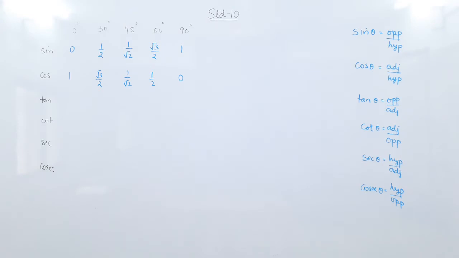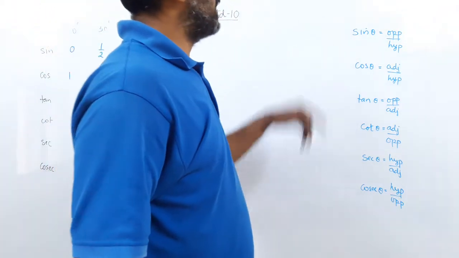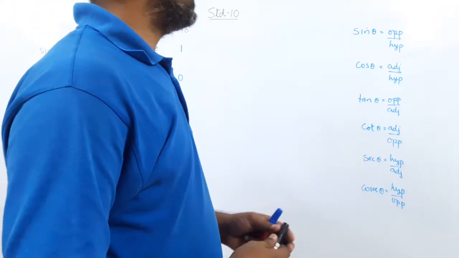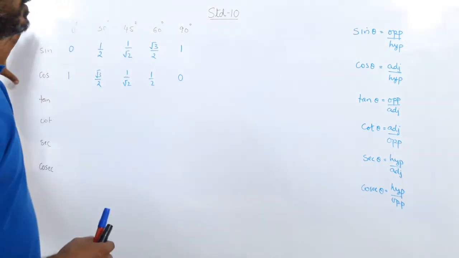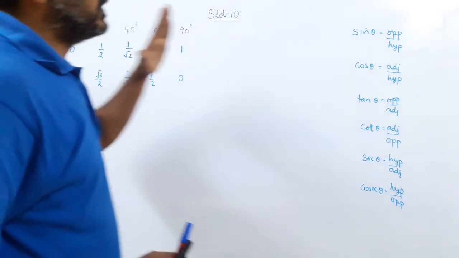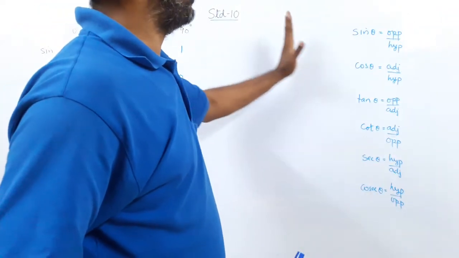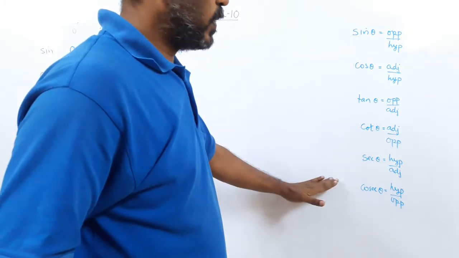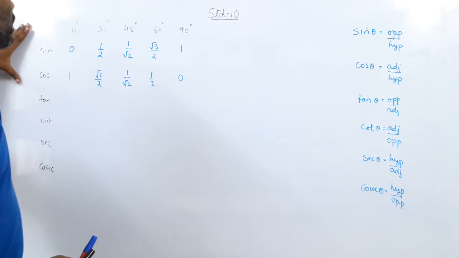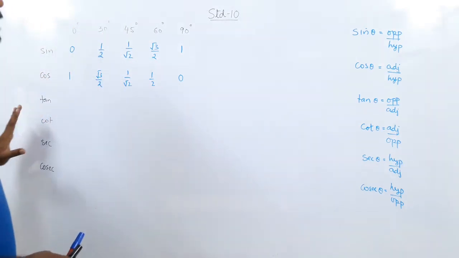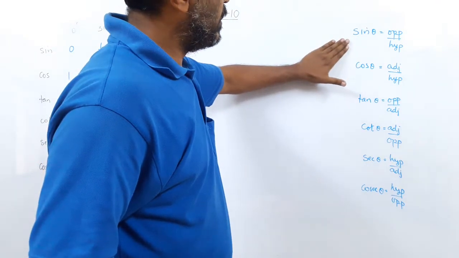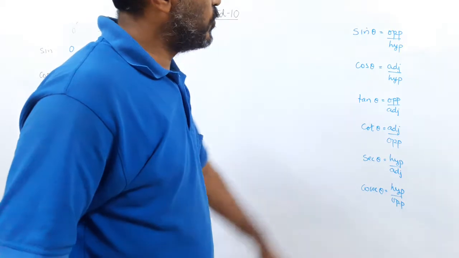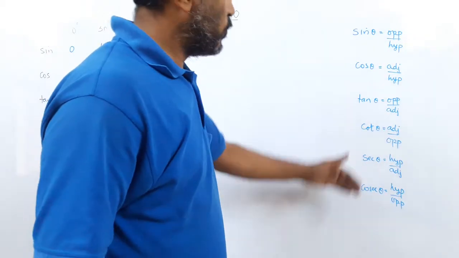Okay, so now to continue with this table, we are going to shift our attention to some other place for the time being. And what is that? That is the trigonometric identities. So we have done the lesson. If you remember how we started with the three sides, the hypotenuse, the opposite and the adjacent. We saw the ratios. Then we saw when the angles are fixed, the ratios are fixed, right? But to complete this table, now we'll see these ratios. I hope you have learned these ratios very, very well. And if you learn the ratios, let us write down a few trigonometric identities out of your observation.